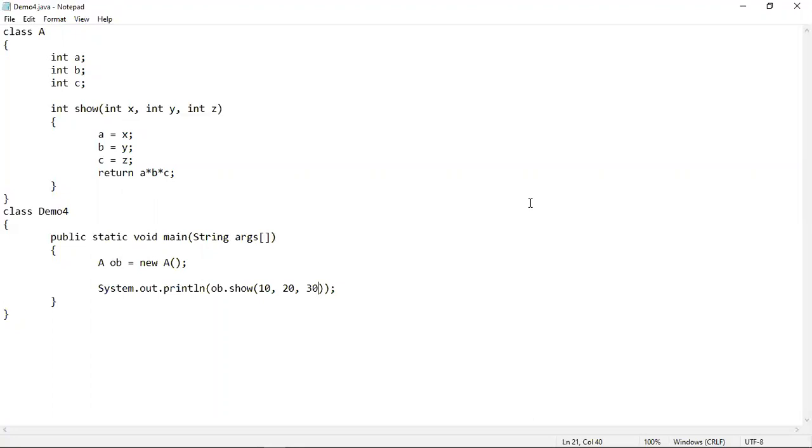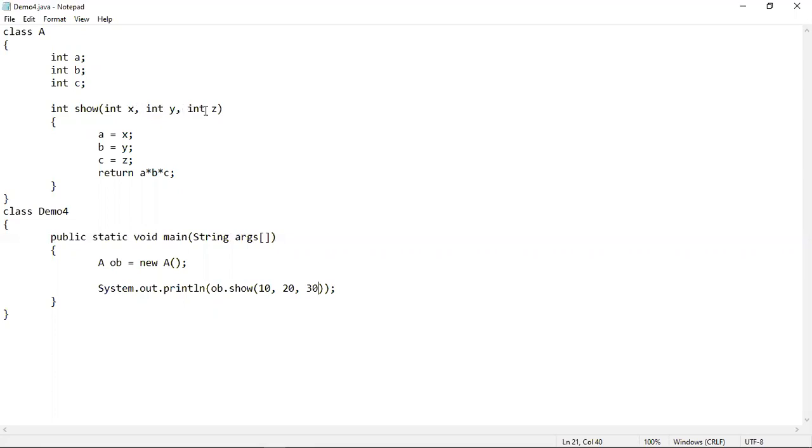So in this example, you can see that I have taken the same class A, which contains three instance variables A, B, and C, each of integer type, and there is a user defined method show, which is a parameterized method, and this method will also return an integer value. And these are the parameters of this method: x, y, and z. All these parameters are of integer type because the data type of all these parameters is int.